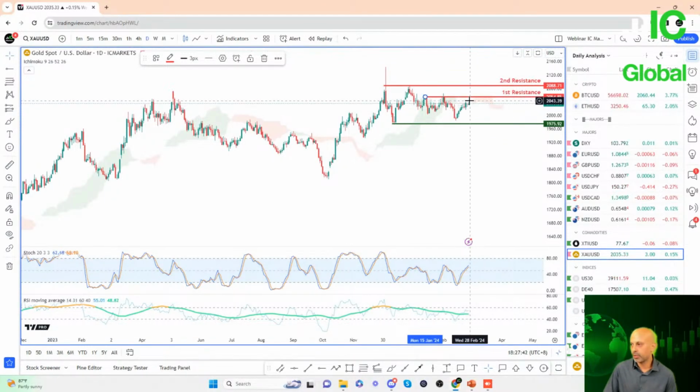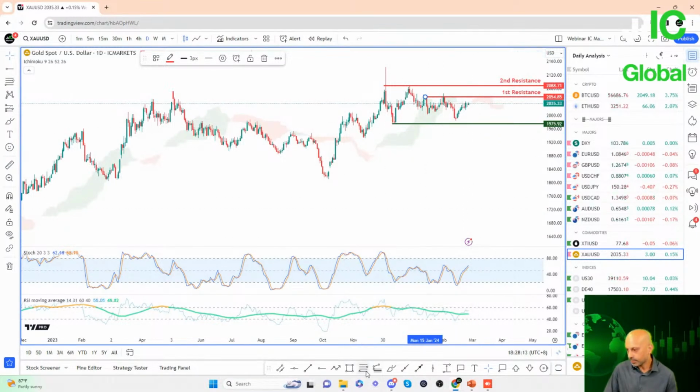So maybe if you want to hedge your position as well, you could probably close half of the position as price comes up close to this level, or you could even just close out the entire trade itself. So it just depends on your trading style. Should you wish to close out half of the trade and let the second half ride, or do you just wish to close everything out? So do take notes. And if price does reverse off the first resistance and starts to drop, it also helps us to identify a potential short entry.